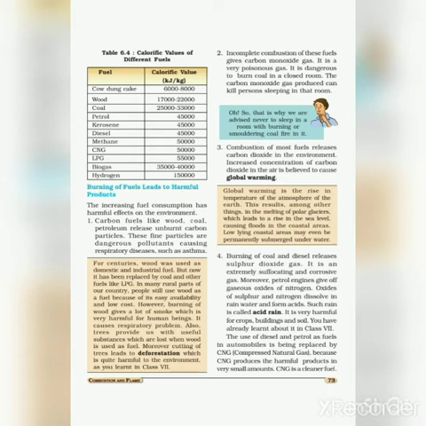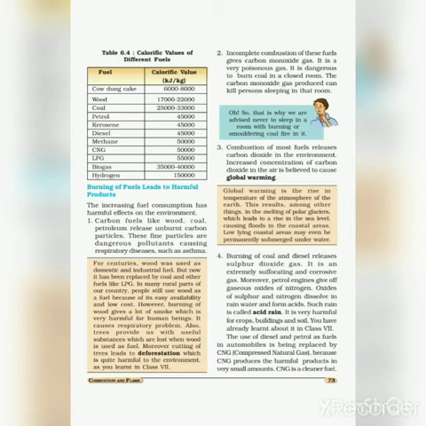Air pollution is caused due to much use of fuels. The first point which we'll study is that carbon fuels like wood, coal, petroleum release unburned carbon particles. These can cause various respiratory diseases in human beings. One of the diseases is asthma. Now, second one, due to lack of oxygen, complete combustion does not take place and carbon monoxide gas is produced. Now, if you burn coal in a closed room, it is very dangerous as it can kill the person sleeping in that room due to the carbon monoxide gas released.